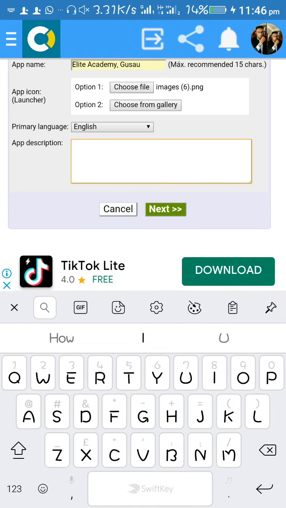Then this app description. Under this app description, you describe what the app can do. What is this app all about?